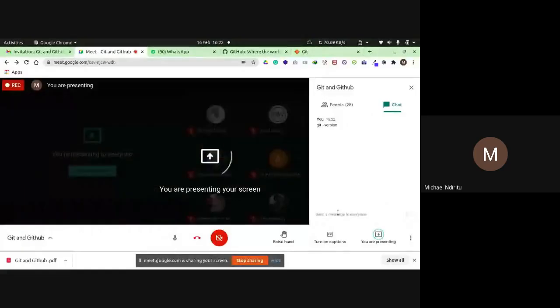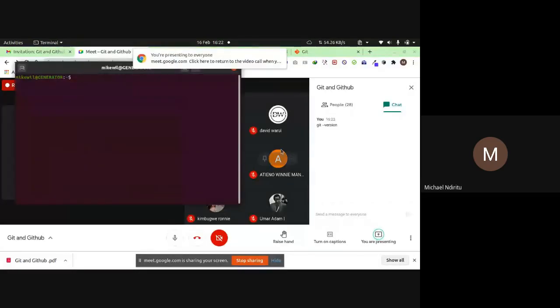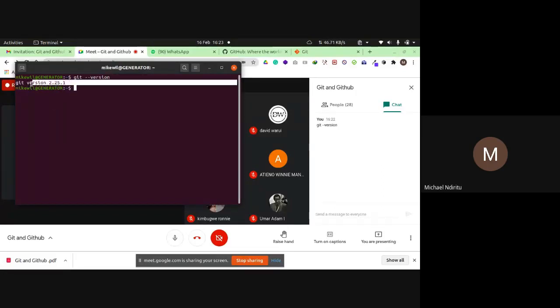This is how you check if you have Git installed. git --version. As you can see here, I have Git installed, so I don't need to install it.